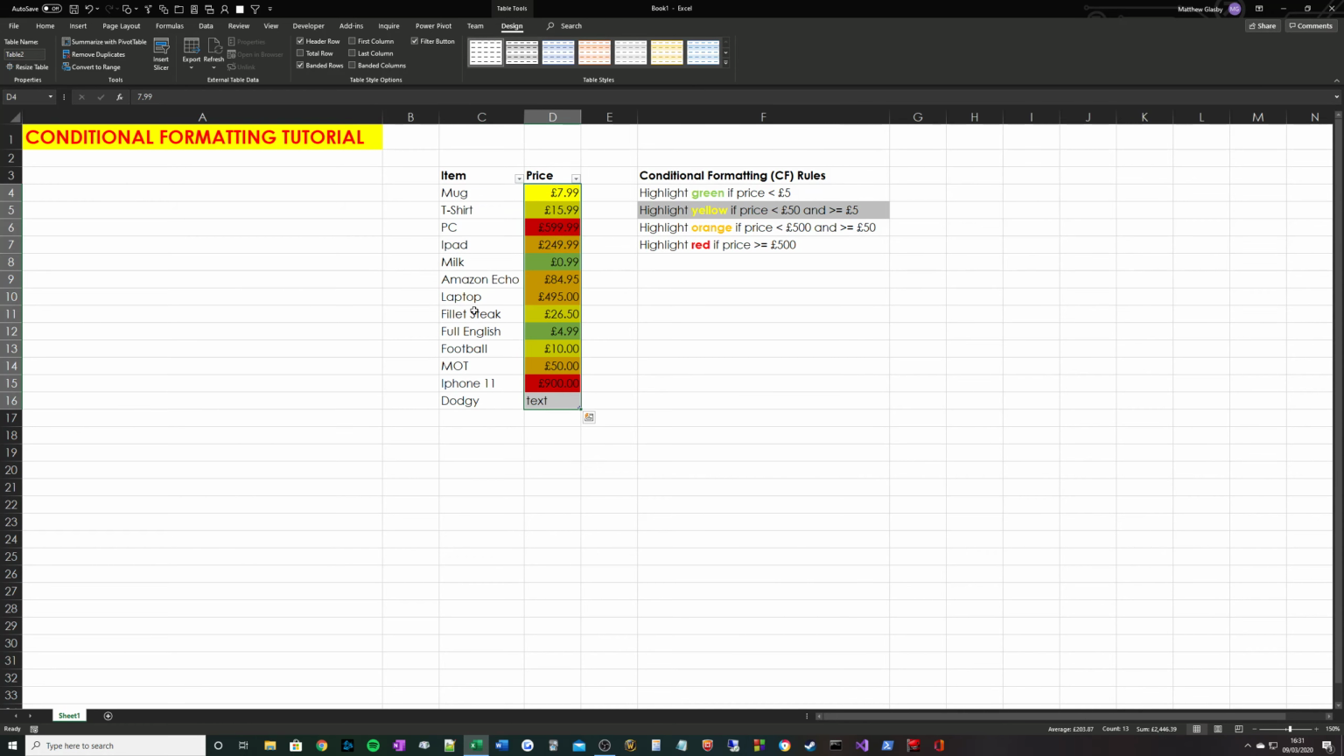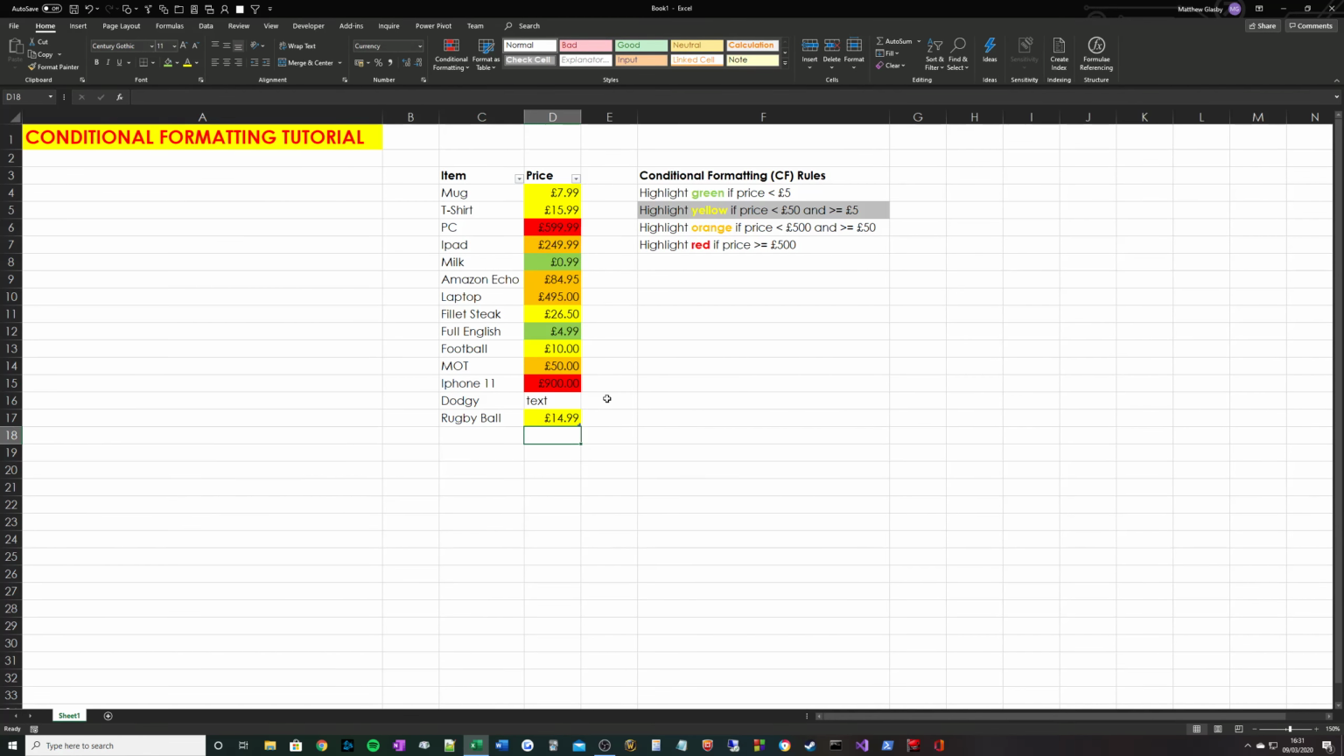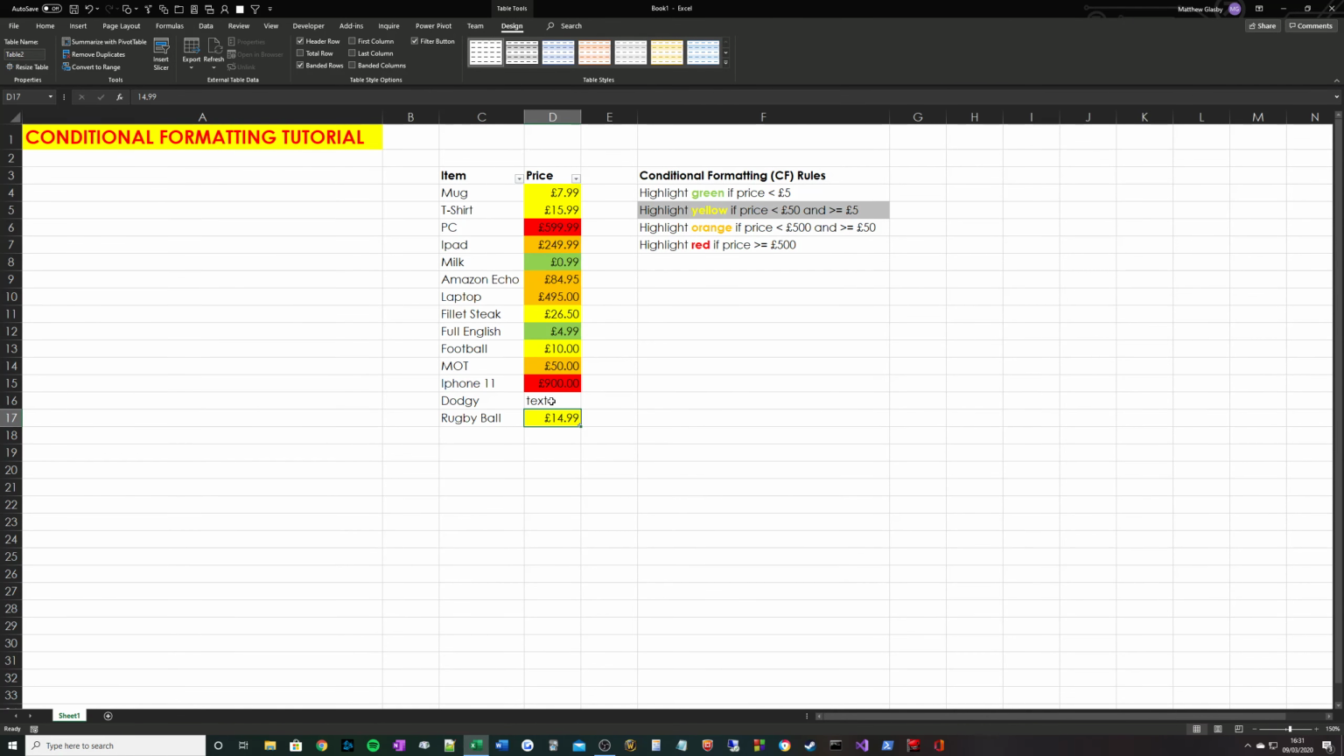So what I'm going to do here is add a row now. Let's say we wanted the rugby ball again, and then let's say $14.99. So as you can see, the conditional formatting now applies to this table. So if I keep adding stuff, it's just going to keep going through with it. So if I add a packet of Skittles for 60p,